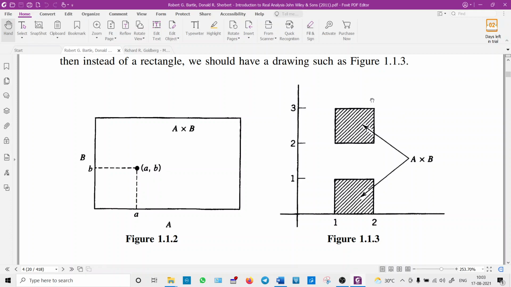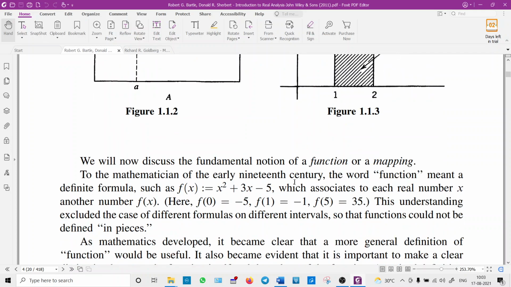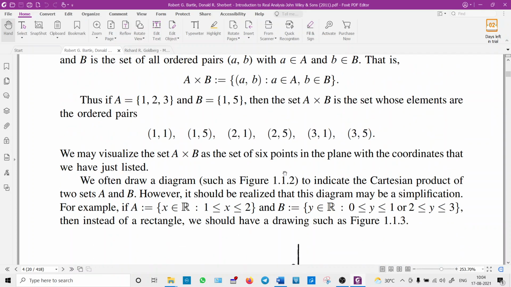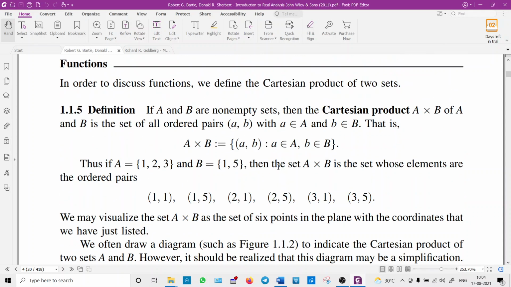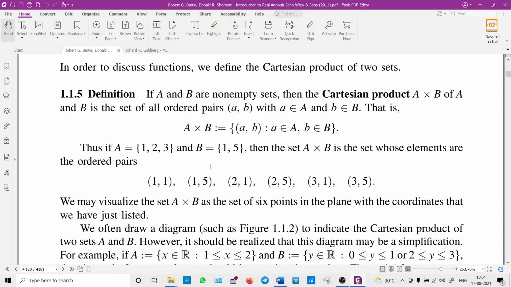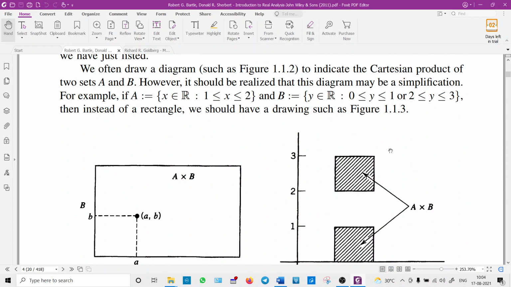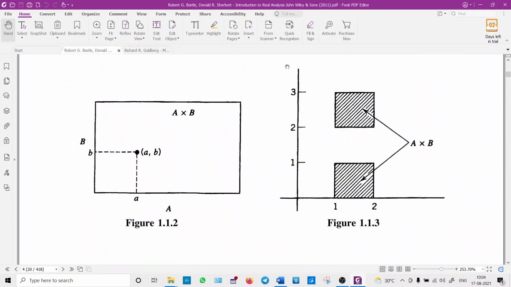Okay. So like this you can visualize it. This example also you can make a note. You can refer many books. There are a lot of definitions, but everything, as you see here, this is also the same definition. The definition won't change. Maybe the way of defining, the way of representation may change. Okay, this one also you can write in your notebook. Okay, what is the meaning of Cartesian product? You can give this example. This looks good. This is a very good example, so that you can visualize it.